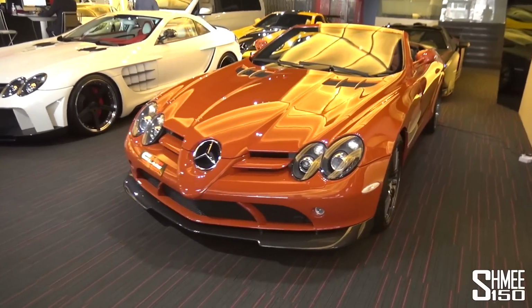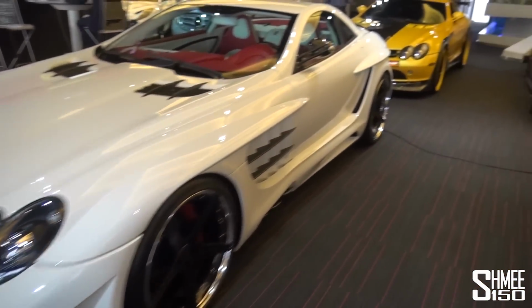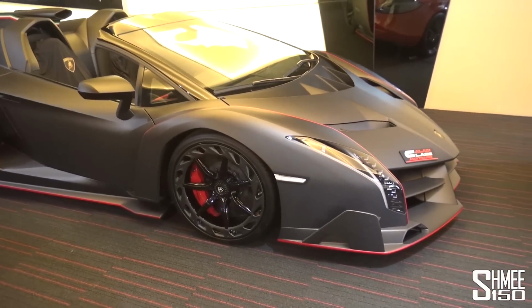This is a 722S, the Roadster version of the 722. Then we've got the Fab Design SLR Coupe. Behind, we've got the Hamann SLR Coupe as well. Three different versions of body kits. And this, the one-of-one